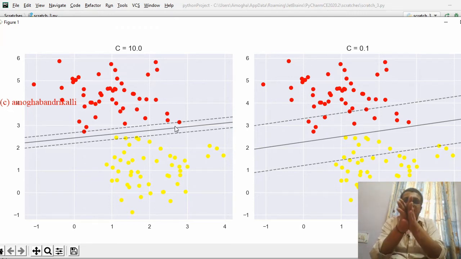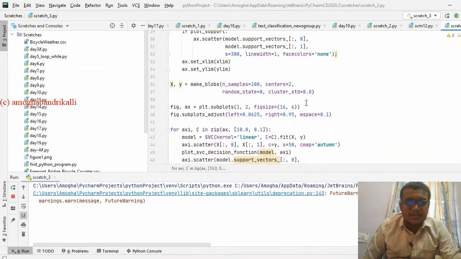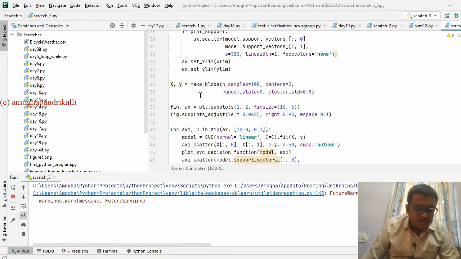That is a hard margin between two classes. So this is like overlapping of data. See, the data has not been displayed. Okay, we can just plot it.